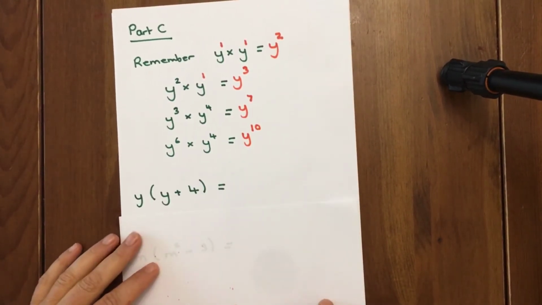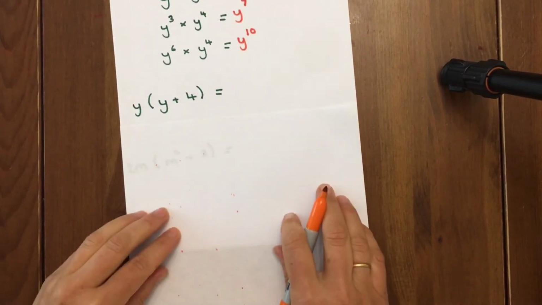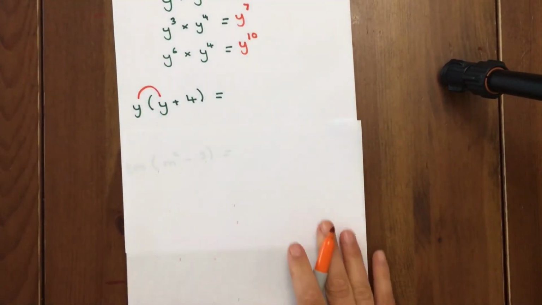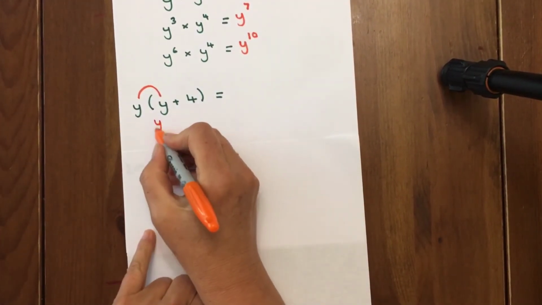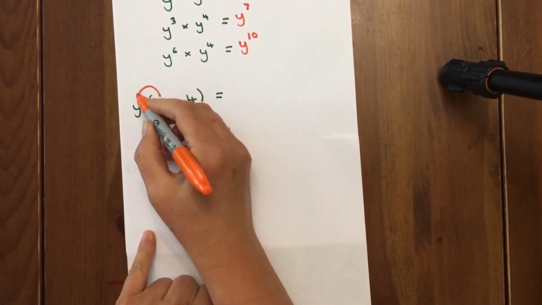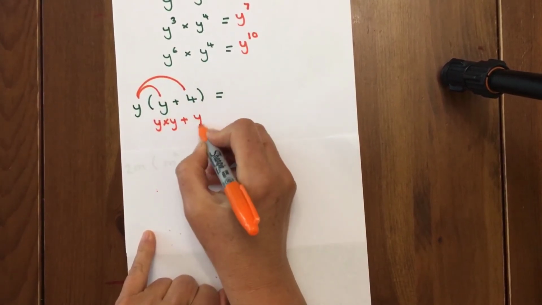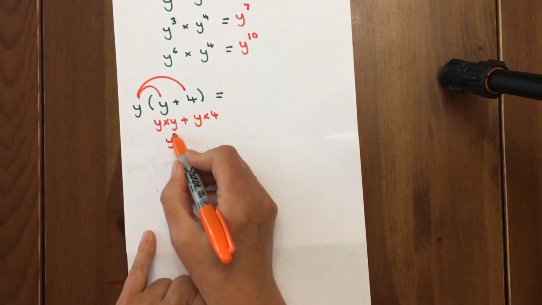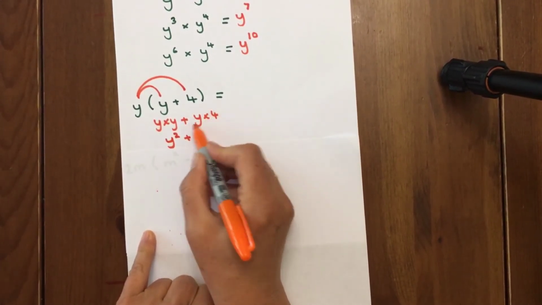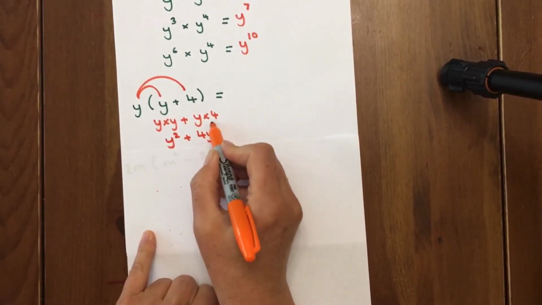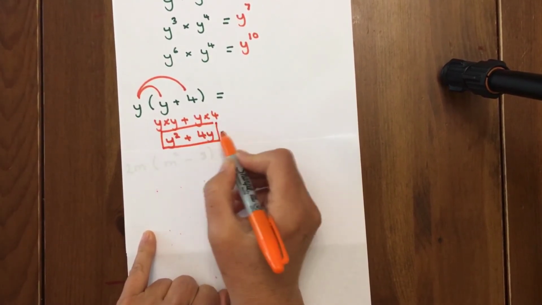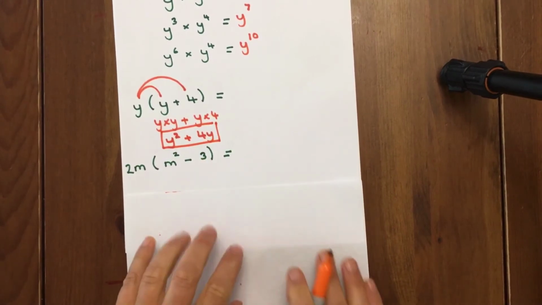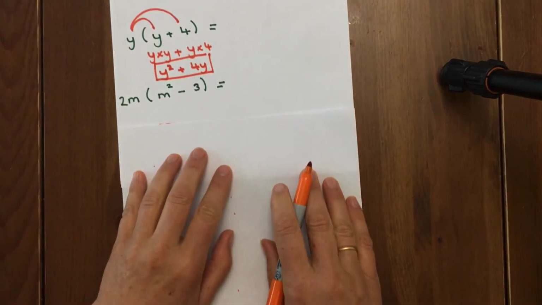So let's look at this example here. y times y first, y times y plus y times 4. y times y, add the powers, is y squared. The shorthand way we write numbers first and then the letter, 4y. y times 4 is 4y. Okay, so write these two examples in your books. The next one,